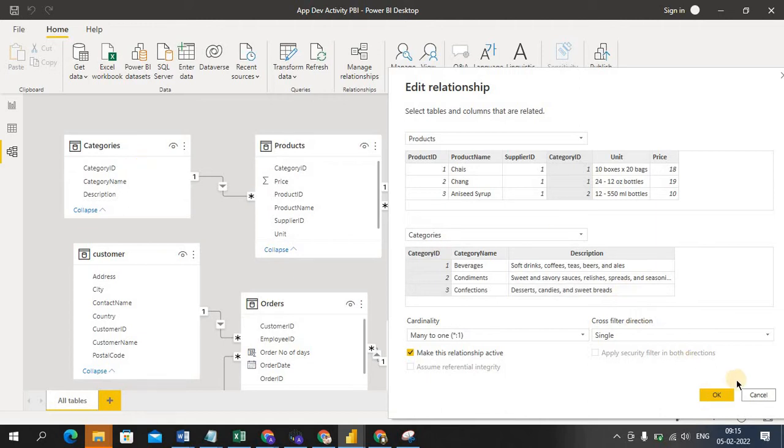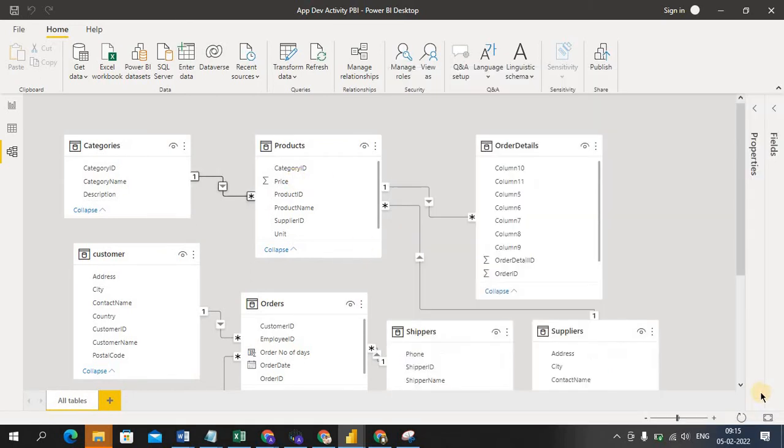Now if these two tables are fine, based on these tables I'll maintain the data. So I'll take from this category ID, category name, and from this product table I'll take price. So we will go in the front end. Remember, from these two tables I'm going to take the fields. From this category and product, so go to front end.